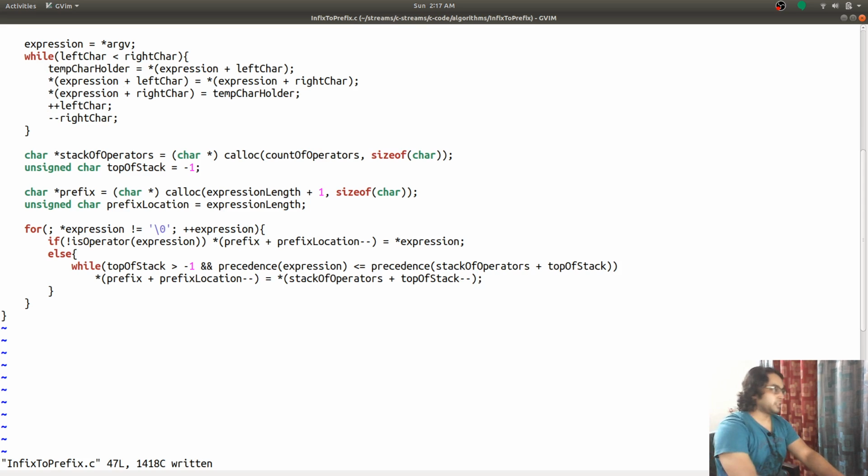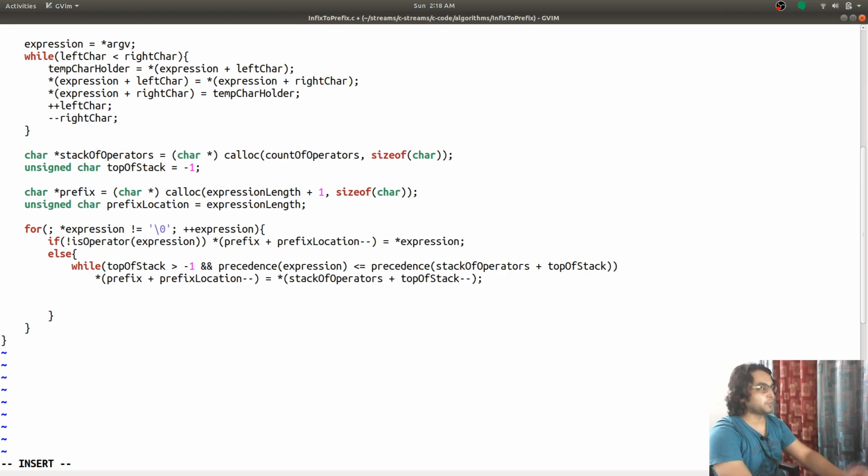So after storing the value in the prefix array, we move the index back. We are moving toward the left, toward 0, so we need to decrement because we already have the value in that current location. Same with the stack: we are moving the stack downward, so we need to decrement it. Once that is done, the operator we are holding outside the stack is going to get inside the stack.